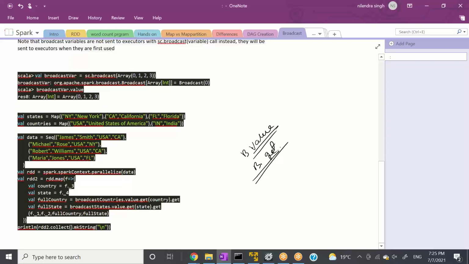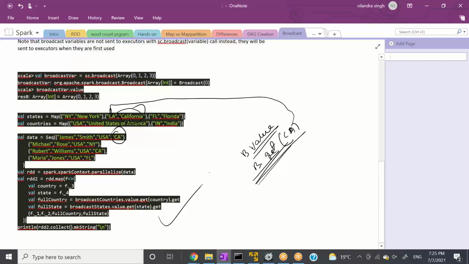When you say b.get and pass CA, broadcast.get will go to the original map and give you California, and it will give the full result here. This is how your broadcast will work.